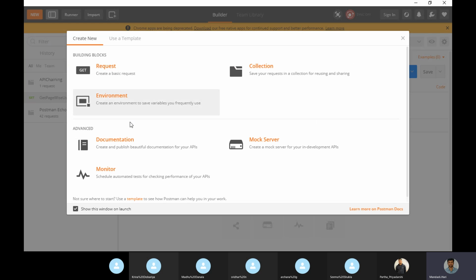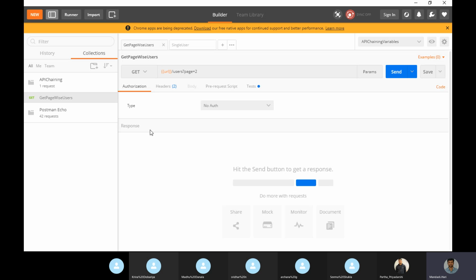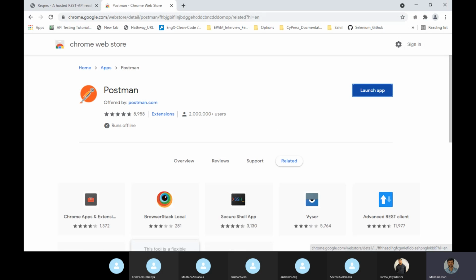So here this comes. First I am going to create a collection. What do you mean by collection? Under this collection I can create multiple APIs, or multiple related endpoints. From your side also, create a collection. I already have some collections, so I have not done it. Let's go from the start, creating a collection and keeping everything in it.